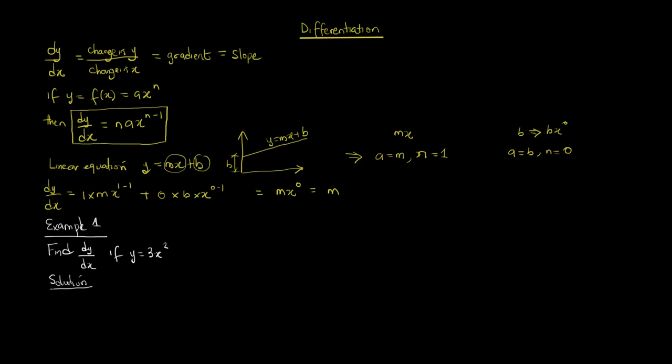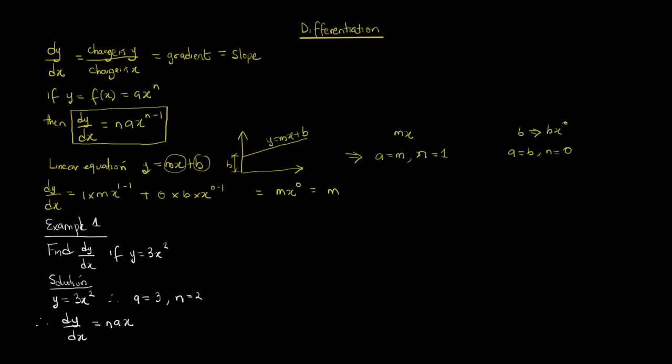So if I do this correctly, I'll say, okay, well, that's fine. I have my y equal to 3x squared. Therefore, clearly, if I compare that with ax raised to power n, my a in this case is going to be 3, and my n in this case is going to be 2. So therefore, my dy/dx is going to be, if I differentiate that,